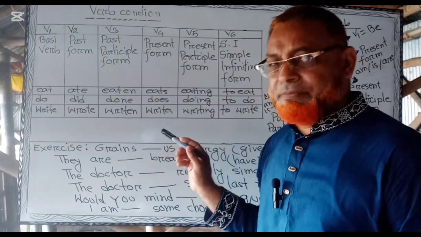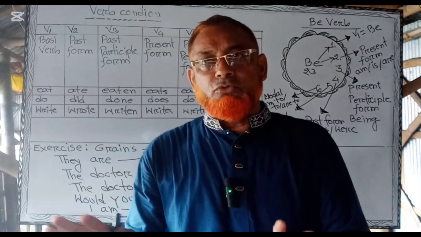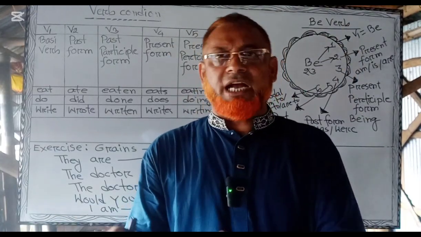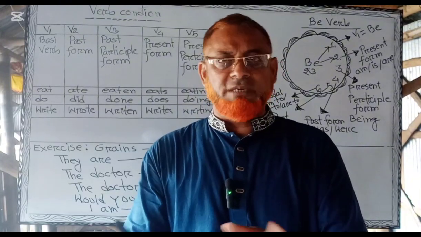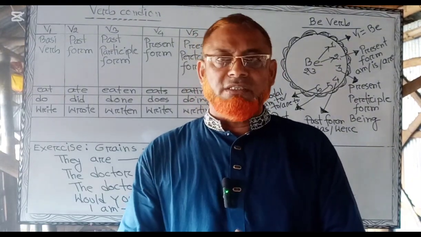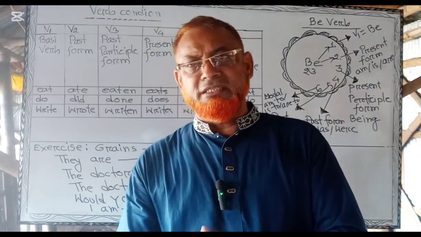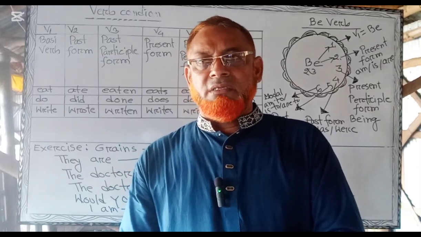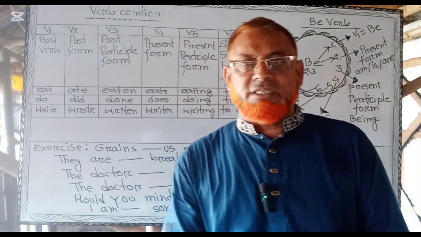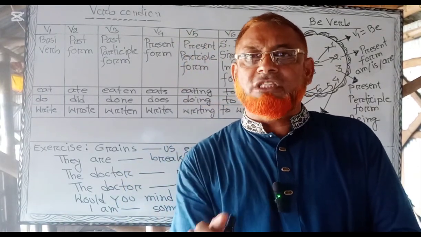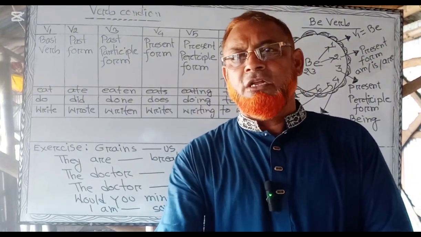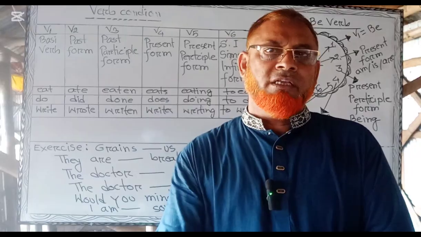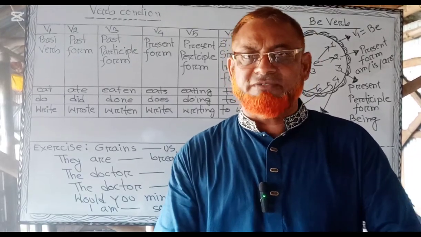So this verb 5 is when ing is added with the main verb. This verb is called the present participle verb. For example, I can say eating, doing, running, drawing, etc. Because when you add ing to the basic verb, the principal verb, it turns into the present participle form. This verb is also called a non-finite verb.